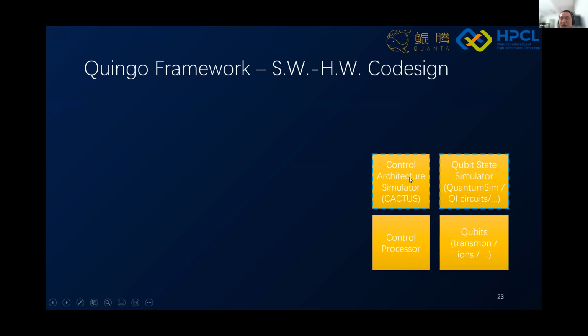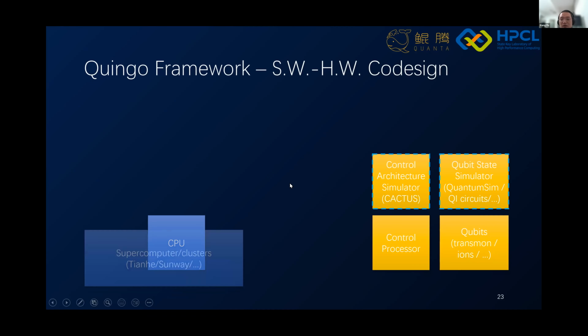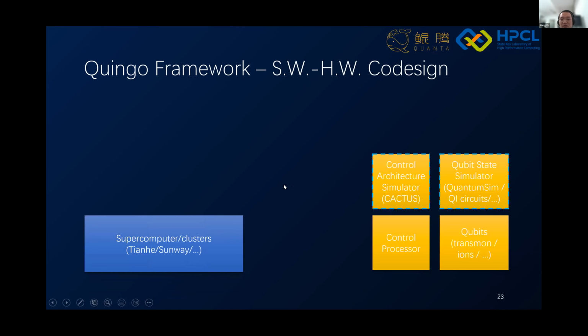We can have a control architecture simulator to simulate the behavior of the control processor, and we also have a qubit simulator to simulate the qubits. And then we have the classical processor, the CPU, which can be replaced by supercomputer clusters, etc. They communicate using Ethernet, DRAM, or any other way as you like or as you can.